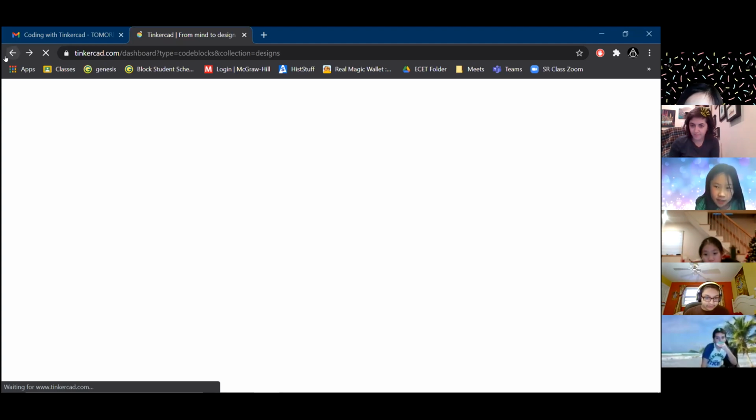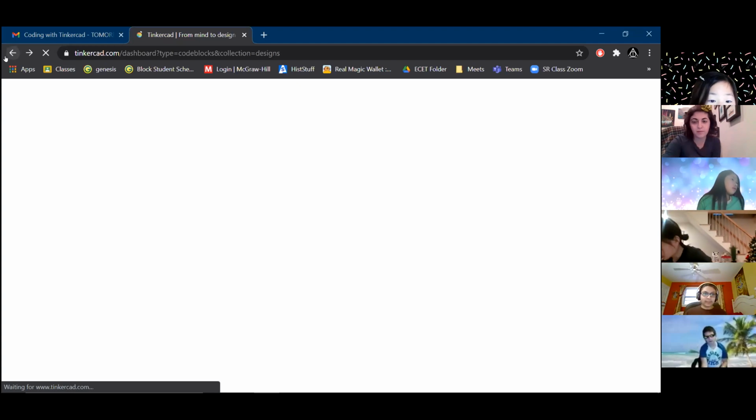Where is it? It's next to the ruler. There it is. Oh, that's cool. Oh, that's pretty interesting. Yeah, it wouldn't show up on your print or anything, but that is really interesting. Cool. Nice. Tinkercad is always coming up with new stuff. What would you use that for?